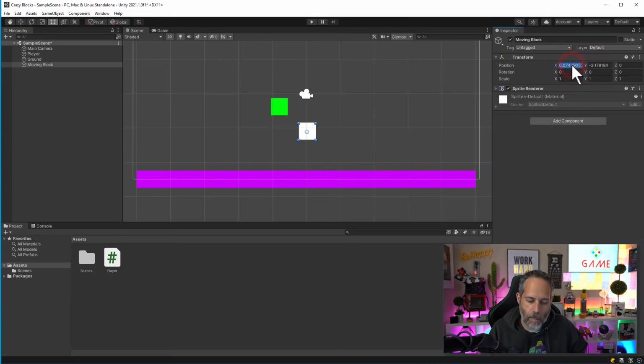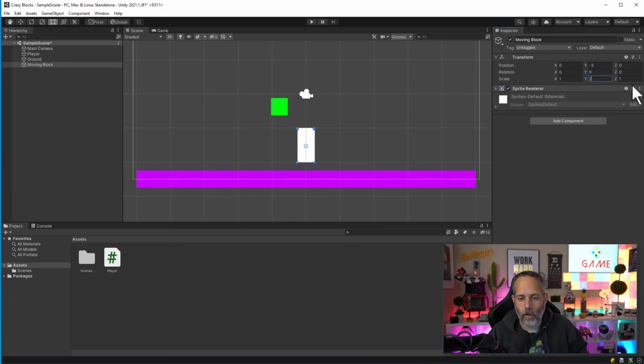I'm going to set the X position to 0, and for the Y position, I'm going to put in a value of -3. So just hit the minus key right next to 0, and then a 3, and click right out of it. I'm going to change the scale of it, the Y scale, to make it twice as tall by putting in a 2 instead of a 1. Now you see that I've got this nice little block that's about the right size and in the right position,